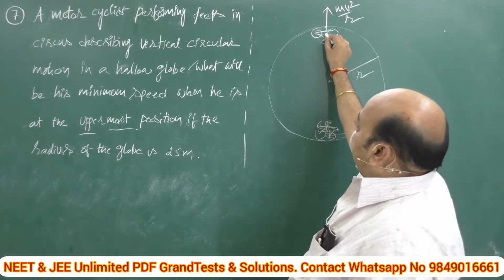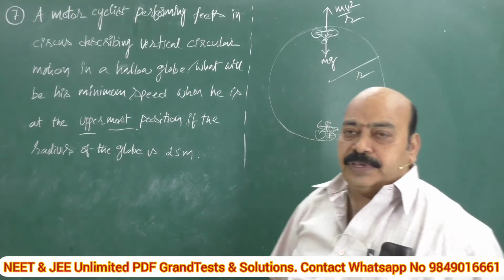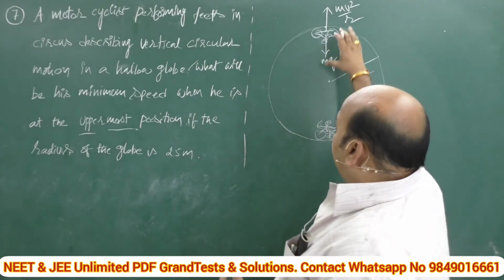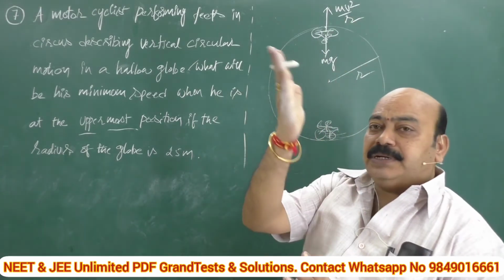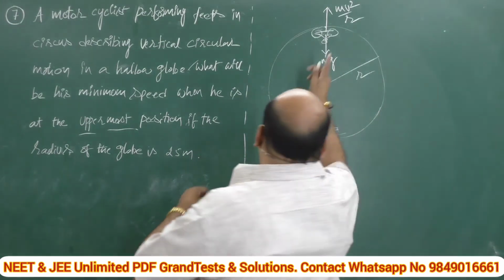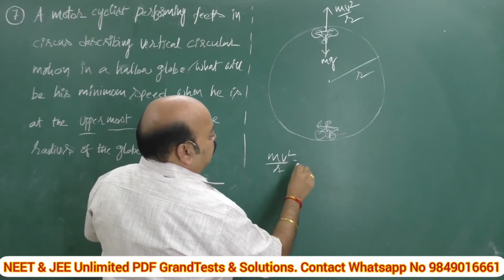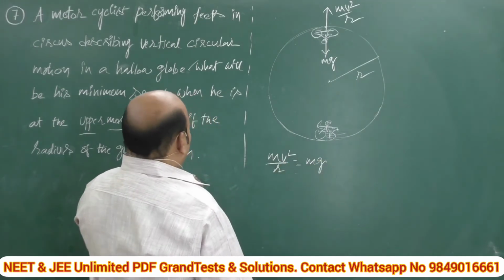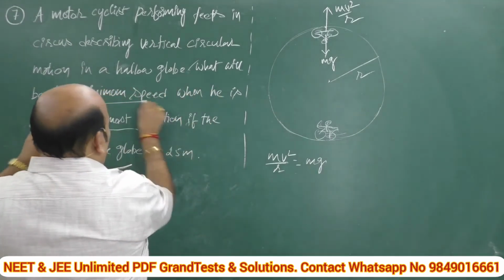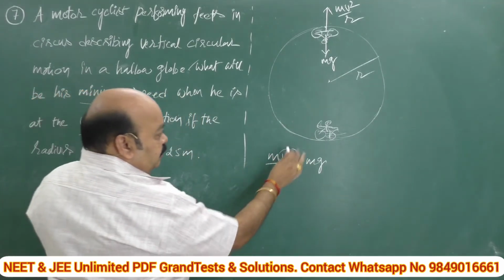Okay, then what he has to balance is his weight, which acts vertically downward. If he is able to maintain his weight, then these two will be balanced so that he can complete the feat in the vertical circular path. That's why, see, I am comparing these two: mv square by r is equal to mg. The question is, what is the speed he has to maintain? That means we have to calculate this v square value. This is the basic concept.